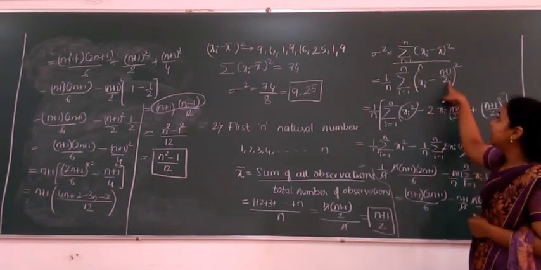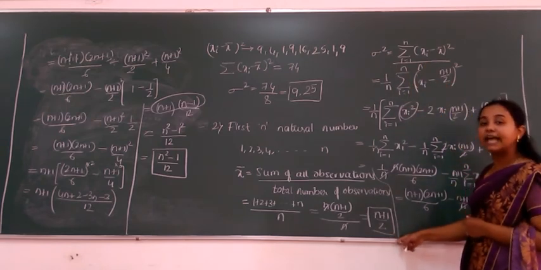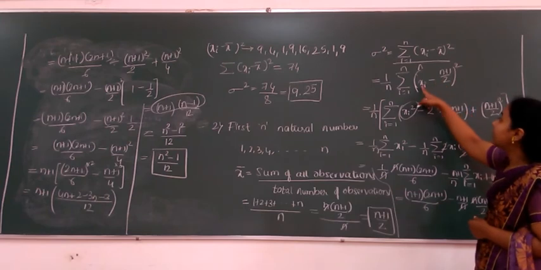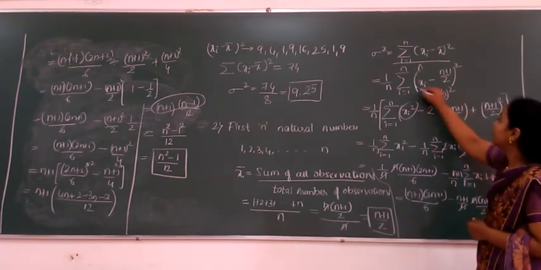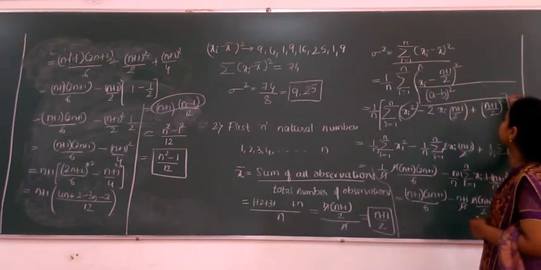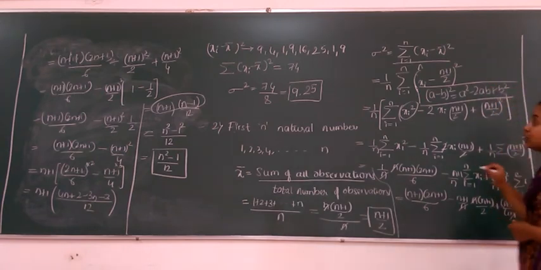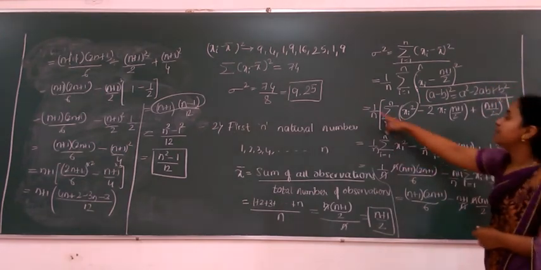So the x bar value we have substituted, which we have calculated. After that, we have applied the identity a minus b whole square, which is equal to a square minus 2ab plus b square. After that, in the next step, we have multiplied 1 by